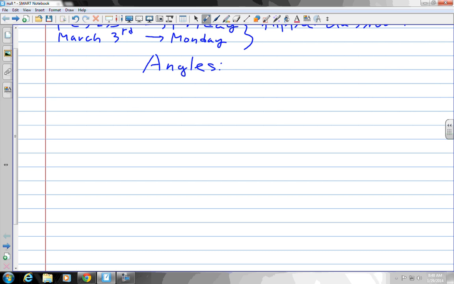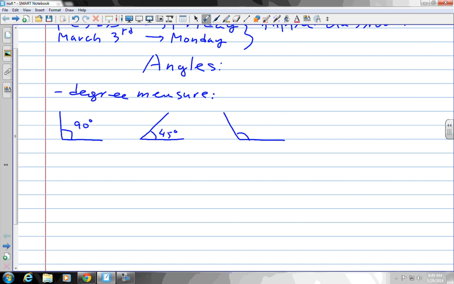Now, there is a problem with the degree measure, and the problem is that it's basically made up. It's very artificial. So this would be a 90-degree angle, right? And half of that, as you pointed out, would be a 45-degree angle. You can have, I don't know, this looks like a 120-degree angle, right? And if you look at the full